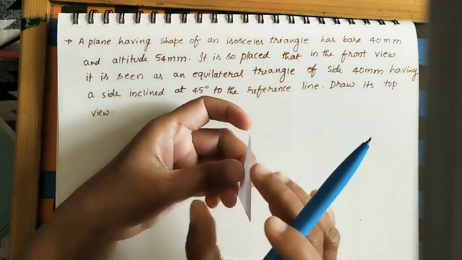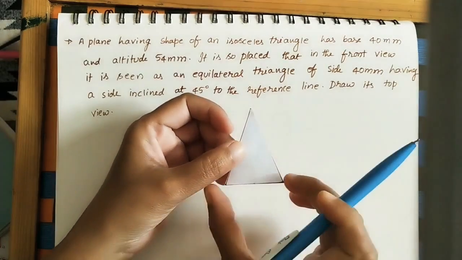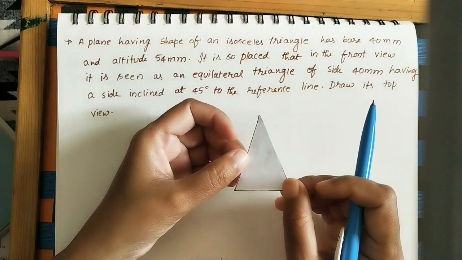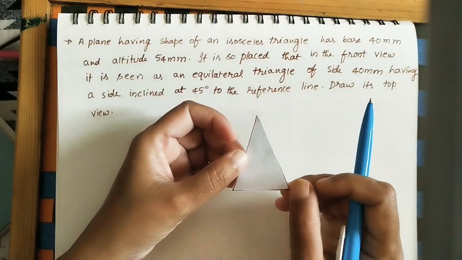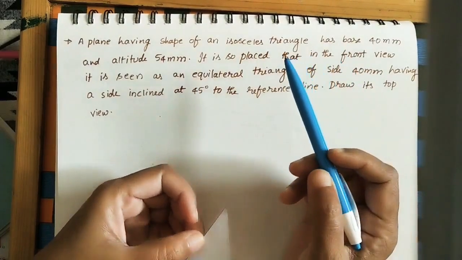thickness. If you see the thickness, it is looking like a line. So negligible thickness, it has only two dimensions, it has width and it has height. So whatever two-dimensional objects there are, we can call them a plane or plate. Here we are taking the shape of an isosceles triangle. Okay, let us take the given data.